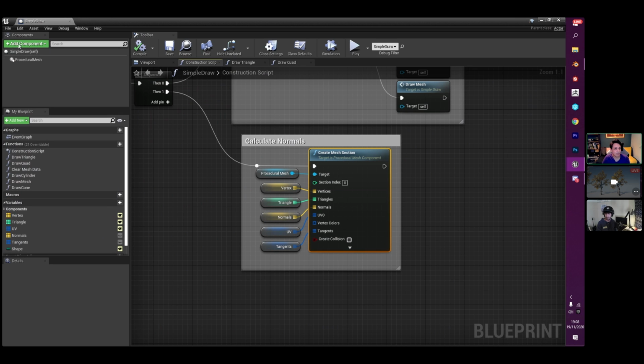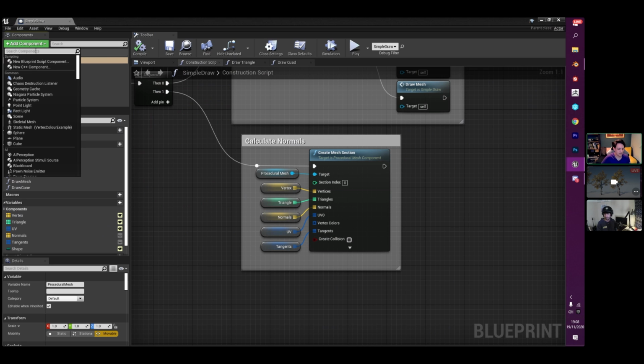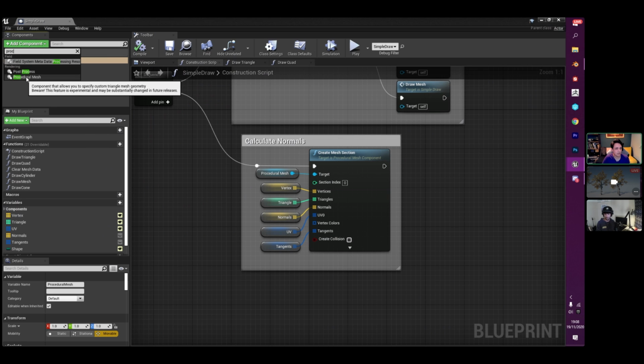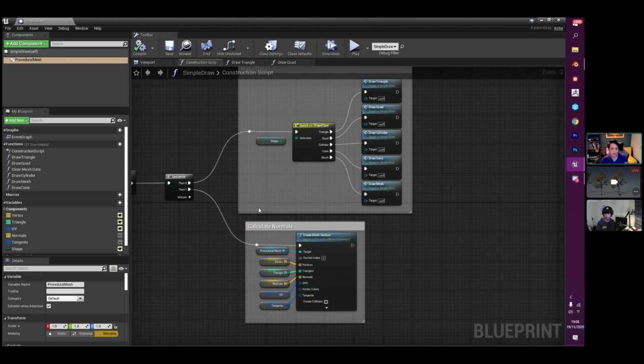Inside my component here, I've got a procedural mesh component. If you want to build this stuff yourself, that's super easy. You can just go in and add the procedural mesh component as you need, and then all you need to do is figure out where those points go and then build your assets. The easiest thing I would say to do is building your vertexes. That one's not really that much of a problem. The thing that can be quite difficult is figuring out how to build your triangles, because you need to sort that order out